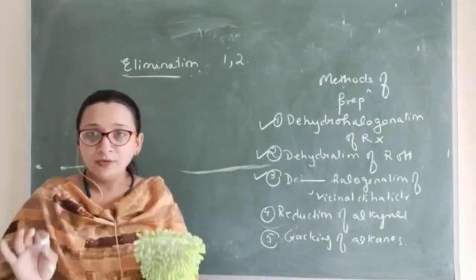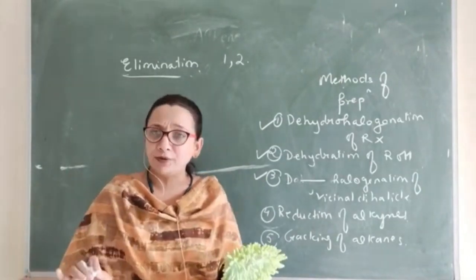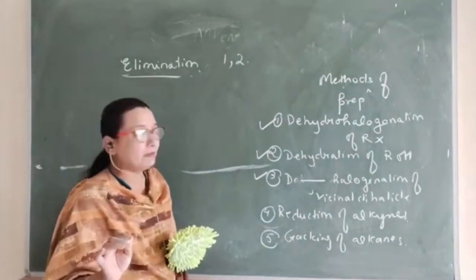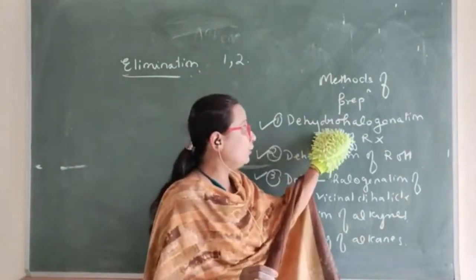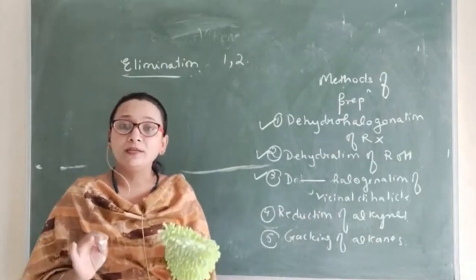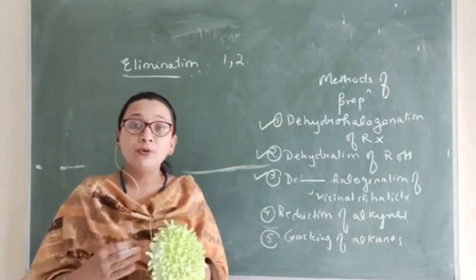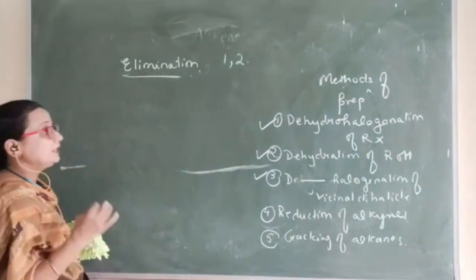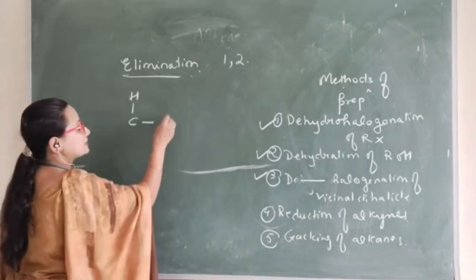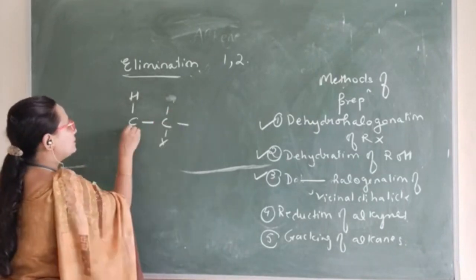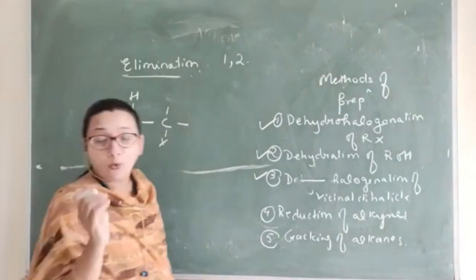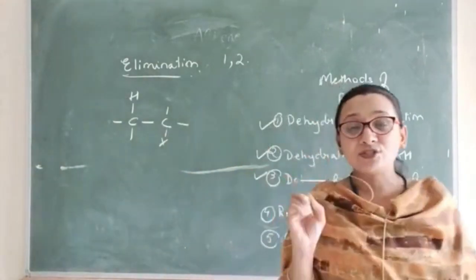Now see how. ठीक है, हम जनरल बेसिक रिएक्शन पढ़ रहे हैं, हम डिटेल मैकेनिज्म एक एक करके पढ़ेंगे। तो हम पहले किस कौन से रिएक्शन के बारे में बात कर रहे हैं? Dehydrohalogenation of alkyl halide. Now what are we going to understand by this concept? Dehydrohalogenation. See, this is C, H and X. Say for example, there are hydrogens here and there. 1, 2, 1, 2. It is called as D.